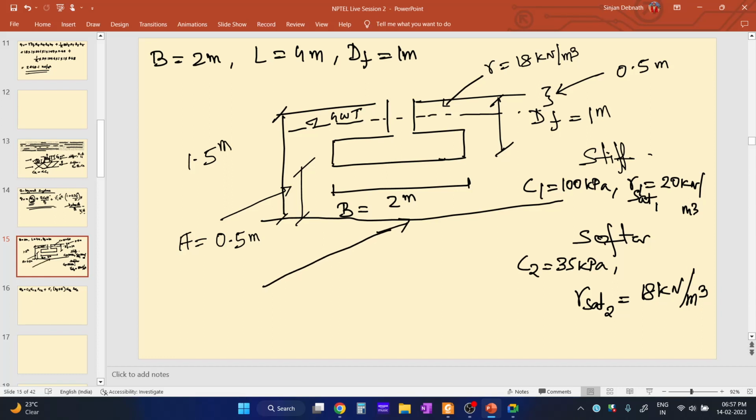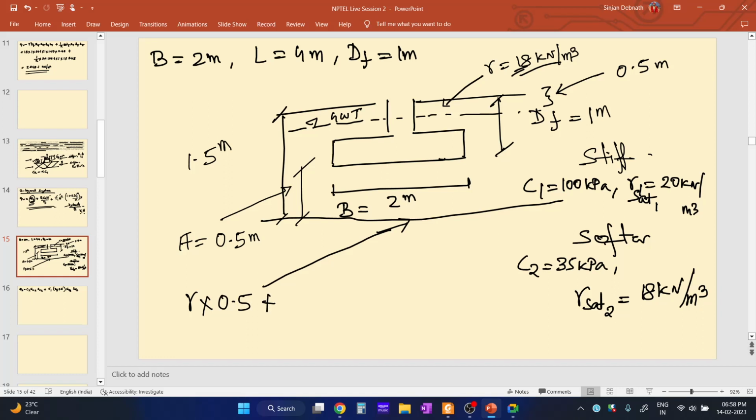It is gamma, that is this part. If we consider the top soil layer, the gamma, only gamma means 18 kilonewton per meter cube, into 0.5, plus